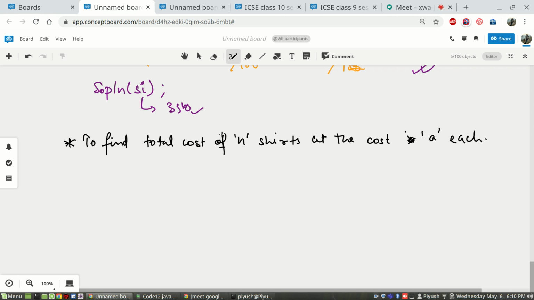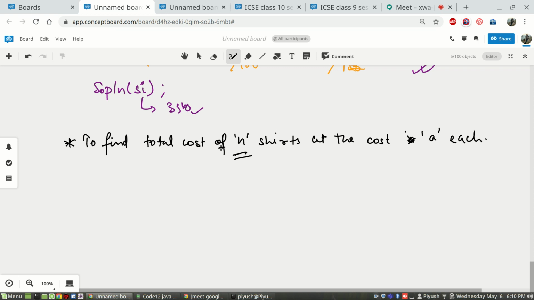So for the first value, tell me, should this value logically be a decimal value or an integer value? Number of shirts. So it should be an int value. Why?